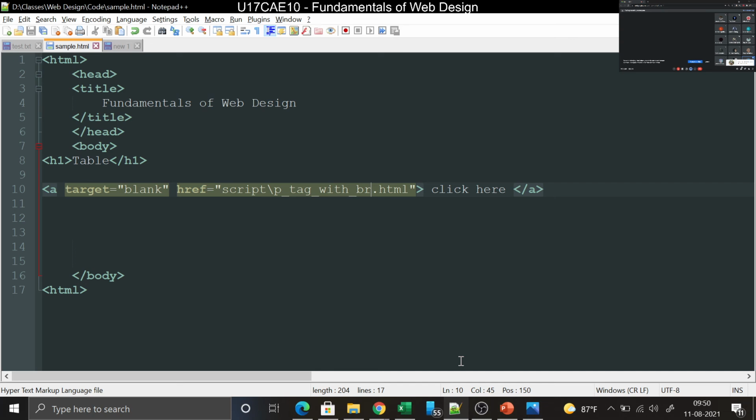So for example www.stjosephuni.edu.in. So it can be used to link internal files as well as external files. So refresh and you click it, it will take you to our university web page.